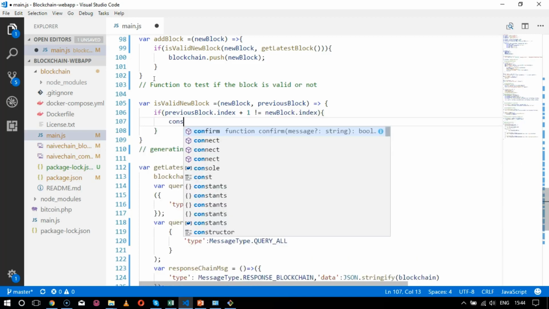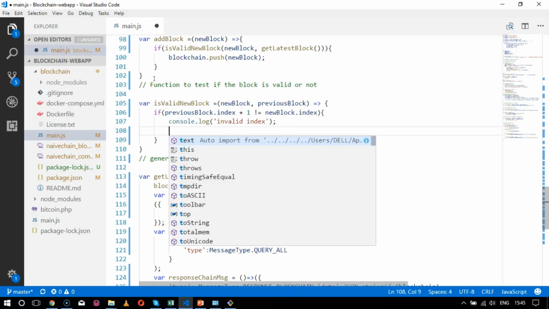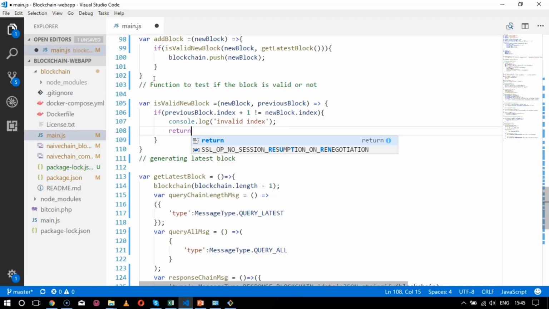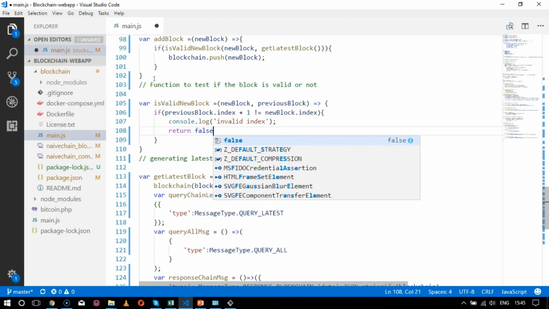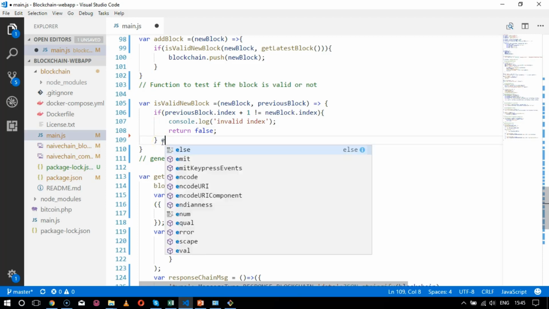I'll print a console, that is console.log invalid index. So once this part is done, we automatically get the values, and we will also return a parameter of false. It is important to return some particular parameter over here, and then I'll set the next thing is else